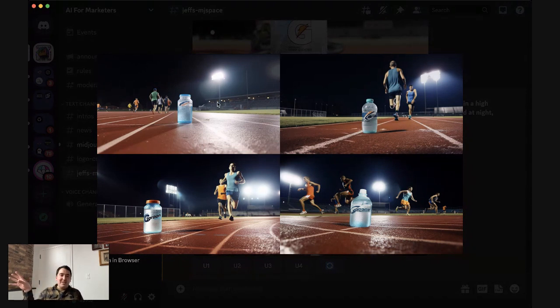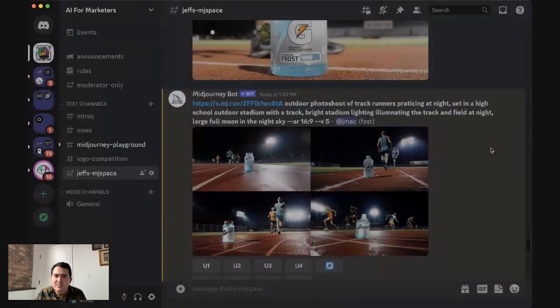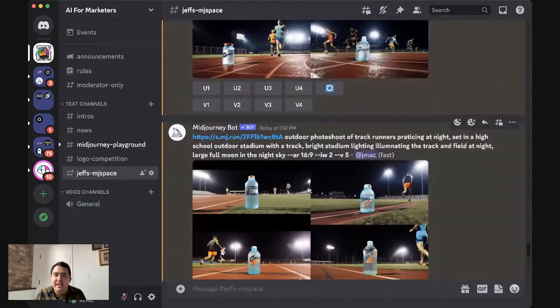Where I think this gets really cool is if you could just imagine using these images as a plate and bringing them into a 3D animation program, and then using the similar light source that's created here to create a light map, or I forget, a texture map, whatever it's called, and put it over the 3D version of the product that you have from your clients, and then you can really just go off. You could put in amazing lighting effects on a 3D version of a Gatorade bottle if you had the 3D version of your client's product. So I just wanted to show you really quickly what that looked like. Here's some other examples.